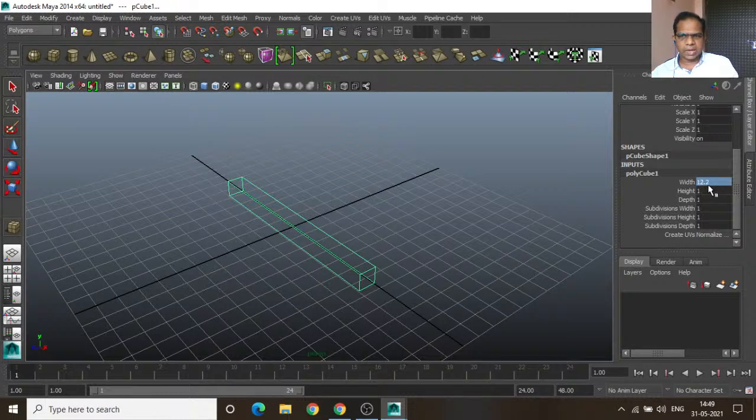Maya takes centimeters by default, so the values we are giving here are in centimeters. Okay, I think that is enough for our table, and coming to height,